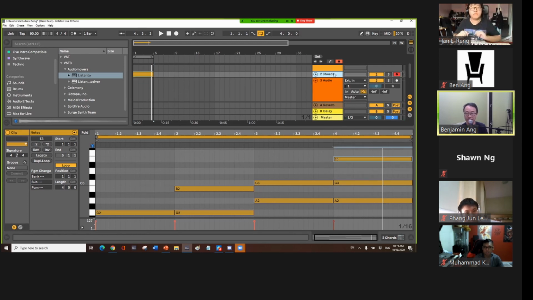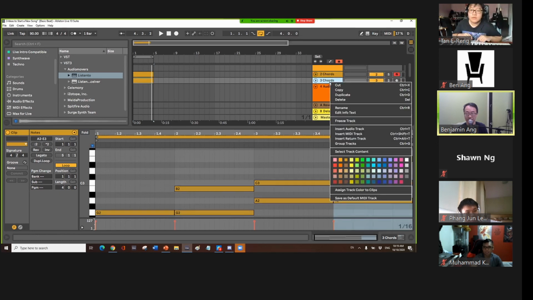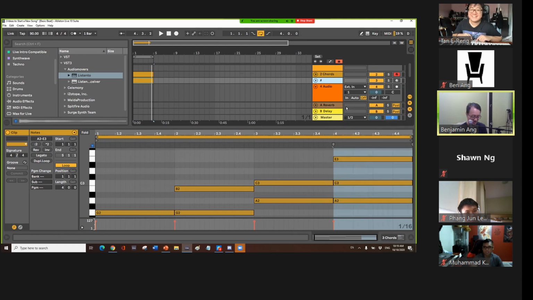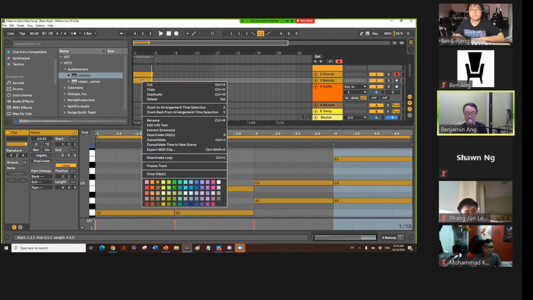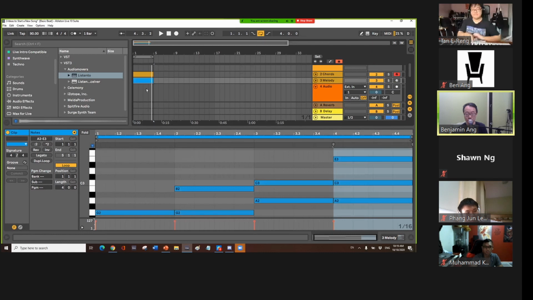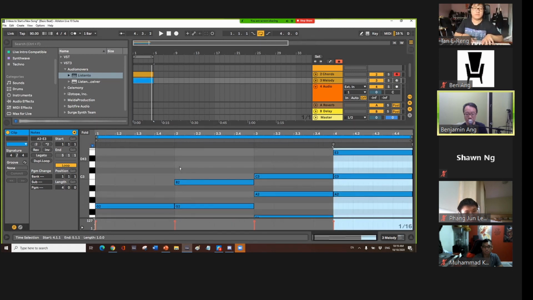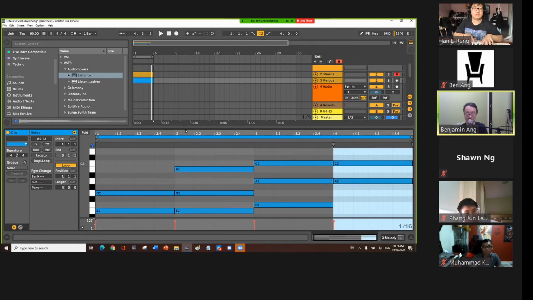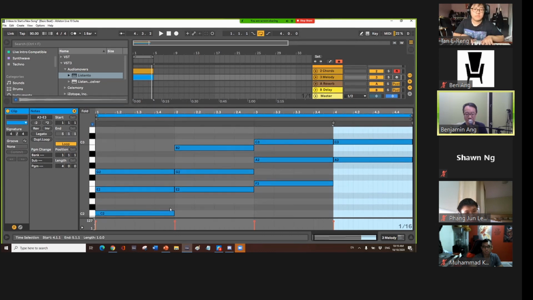Why don't I take this, right click on the track, duplicate, and now track number 3, I'll rename it as melody. So let me turn this a different color, turn it blue so I can tell. Okay, so the first one is my chords. The second one, which is in blue, is my melody. If I've got these chords here, why don't I just decide that I will